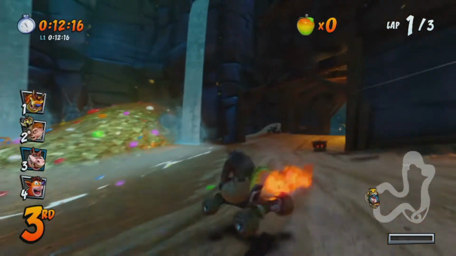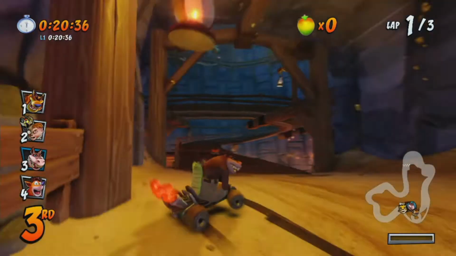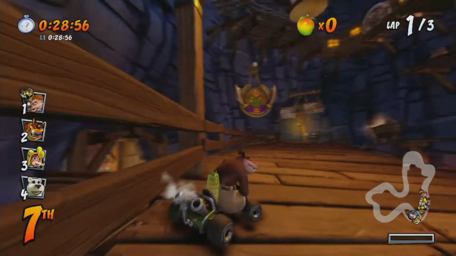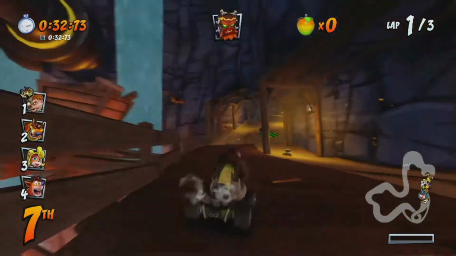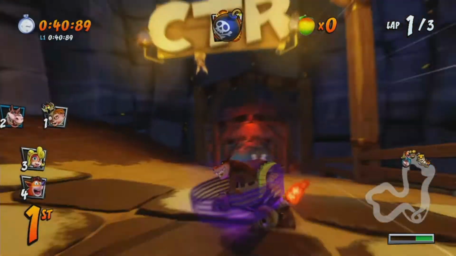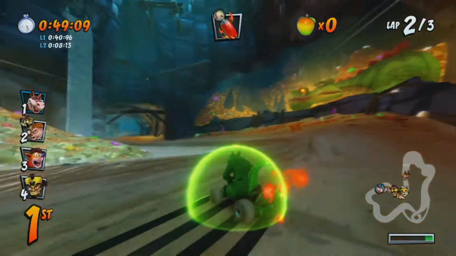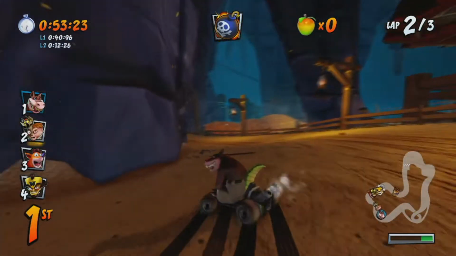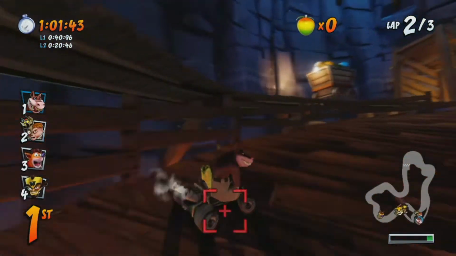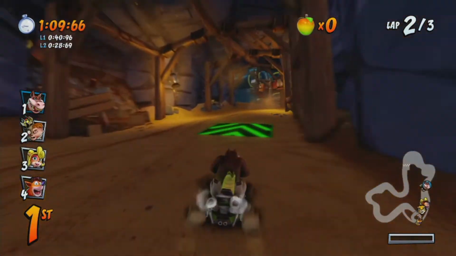Bad start, as per usual, but that's always to be expected. It doesn't help when, as I approach the very turn that I'm trying to get around, as Dingodile, I immediately get hit anyway. So as you can tell, based off of the way you go here, it's probably easier as Dingodile to just take a shortcut instead, but...